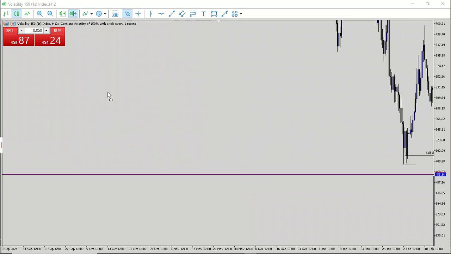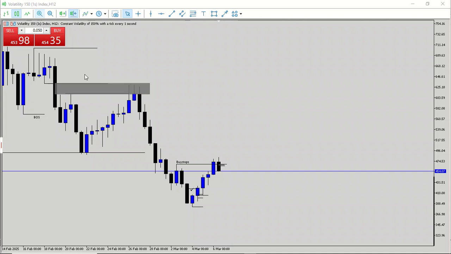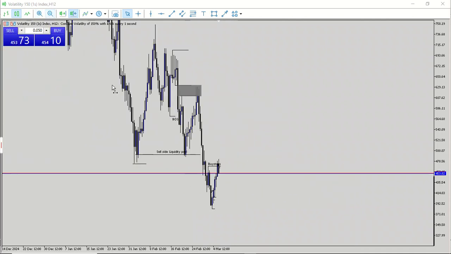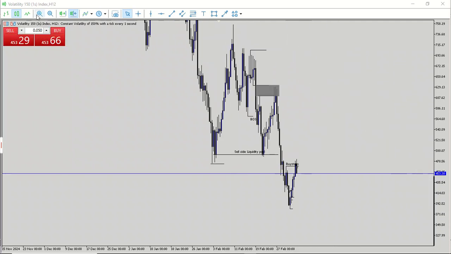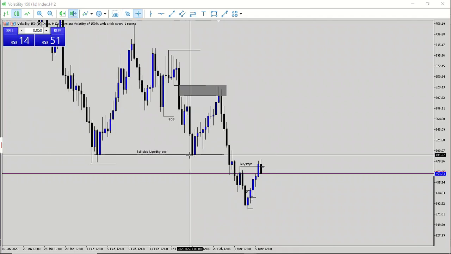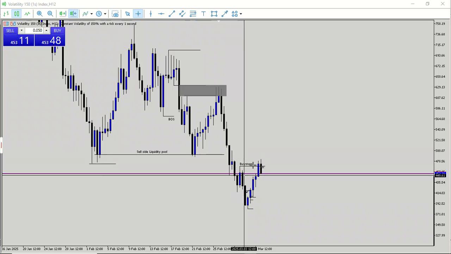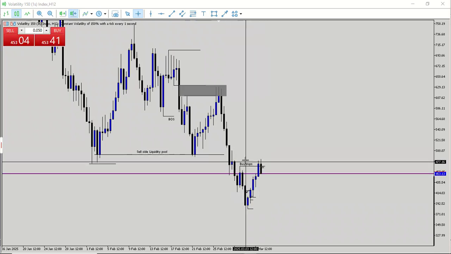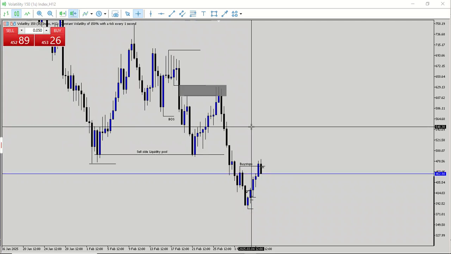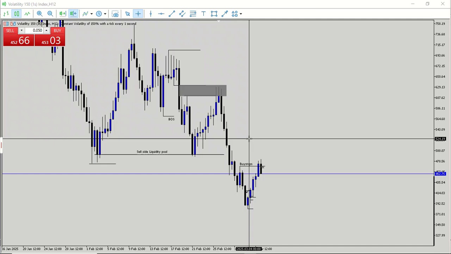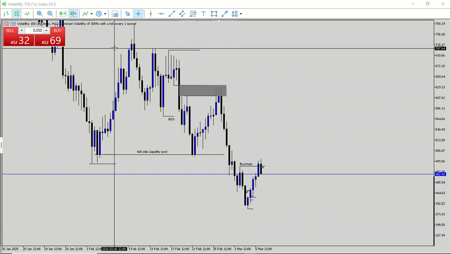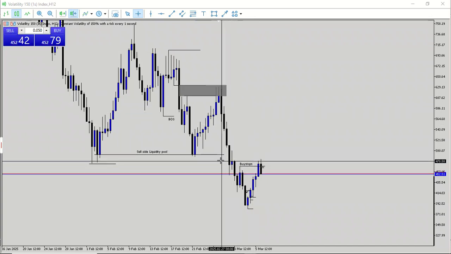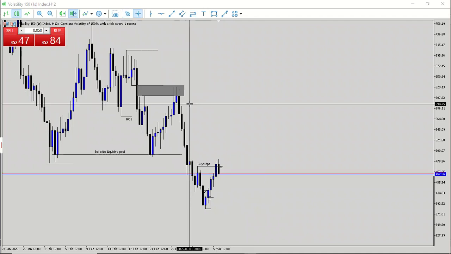So let me go down to the 12-hour time frame. Now I want you to understand something right here, because this is very crucial and important. Price violated that area of support. In most traders, what comes into the mind is, once price takes that area of support, you'll be expecting a bullish reversal. No, that is not how you do it. You only expect a bullish reversal when there is a shift in the trend, a shift of trend that is violating a bearish market. So that is when you can expect a reversal.